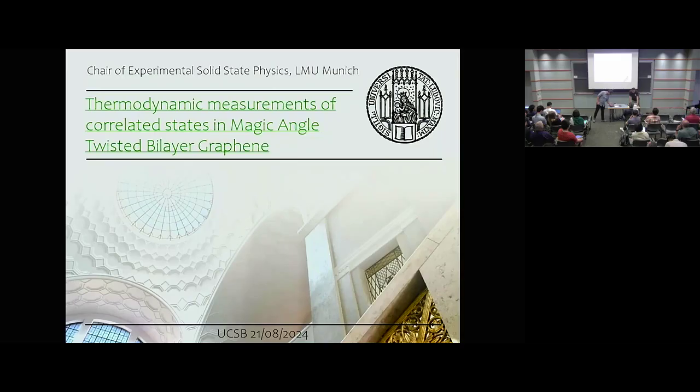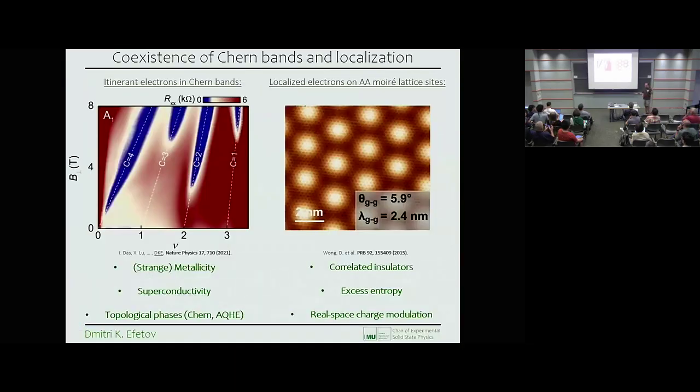To give this talk today, I'm going to talk about some recent experimental schemes which we started to develop to probe more the thermodynamic properties of two-dimensional materials, and in particular magic angle twisted bilayer graphene. And so basically, as Andre already touched upon, one of the puzzling aspects of the phase transitions